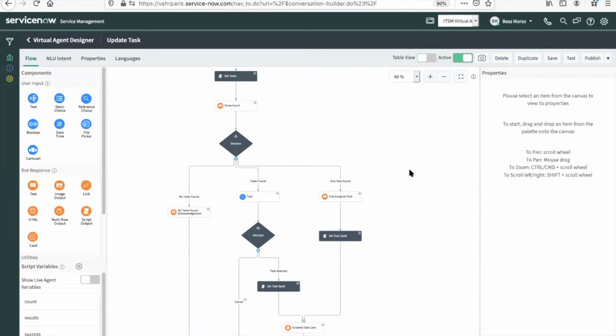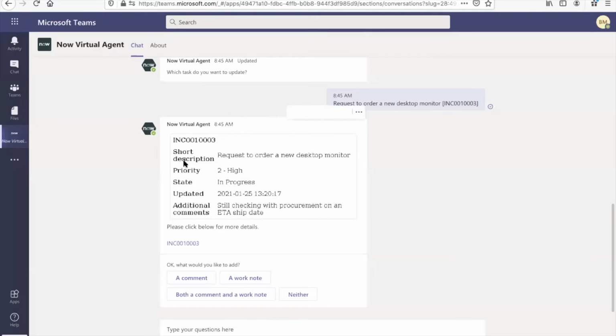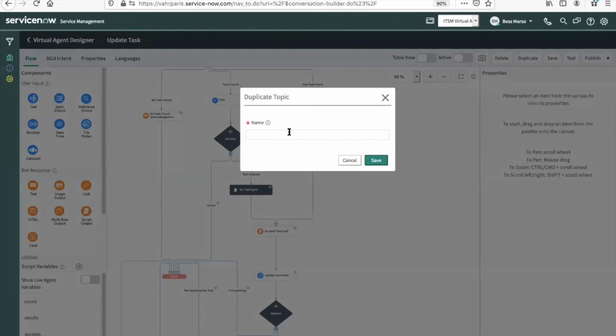Okay, great. So we're in this update task here. What I want to do is pinpoint where we saw that experience with this notification. As we come in here, we can see that as part of this topic, there's a scripted task card. So I'm in the update task out-of-box topic, and I want to make a change here. So I'm going to deactivate this topic and duplicate it so I can make that change. And we're going to call it new